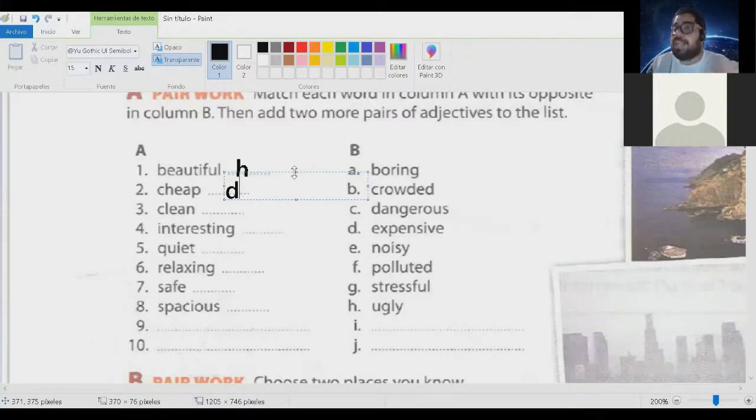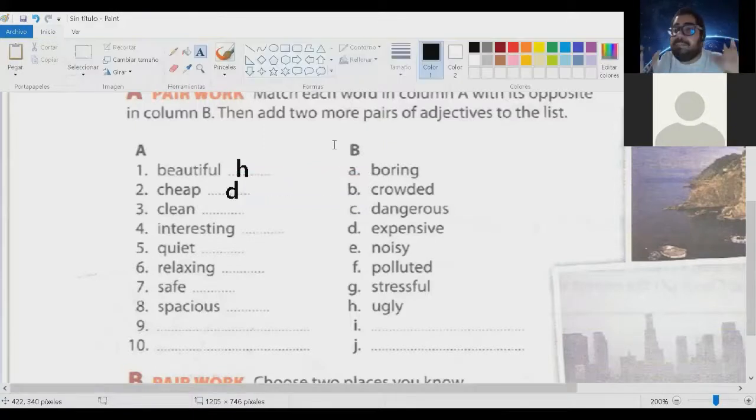Another example, guys, is that many people say, remember that I am from San Ramon, that San Ramon is cheap, guys. Okay, I don't know. That's what people say. And some people say that Guanacaste and Punta Arenas are a little bit expensive, okay? That's what people say. And we understand that San Jose is cheap, right? Because many people go and buy things in San Jose. So look at this, guys, cheap and expensive.